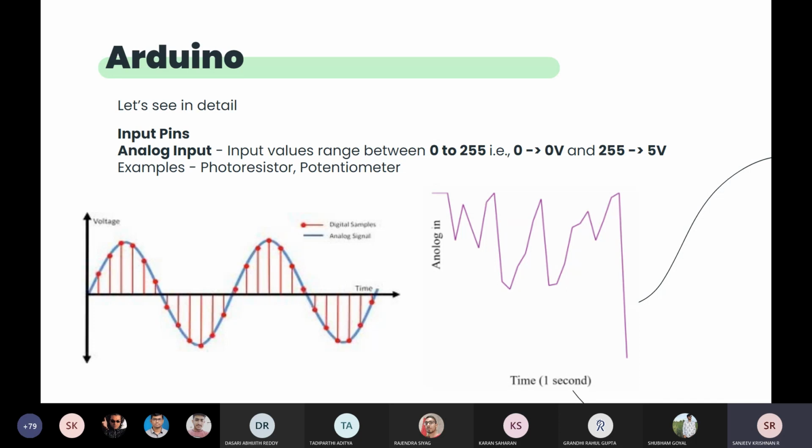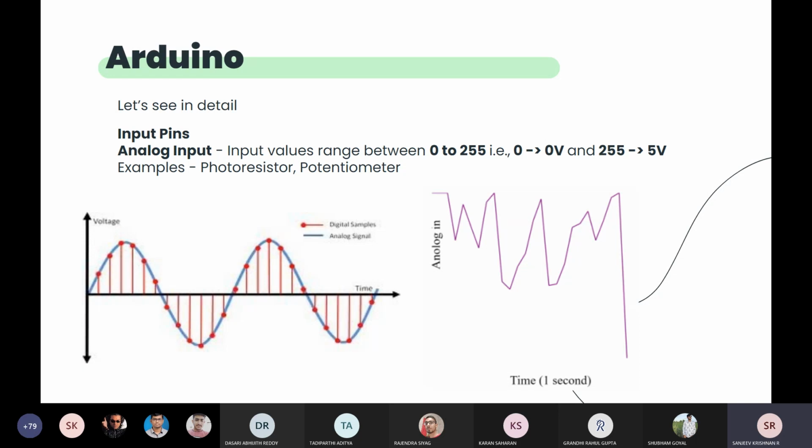There is a system called ADC, analog digital converter. This ADC divides this analog value, this 0 to 5 volt range, into 256 steps. In Arduino it is 256. Some other development boards have other stepping numbers depending on the register value, the bytes it can handle. So in Arduino, don't get confused with all those things. The whole range of analog input gets divided into 256 steps starting from 0 to 255.